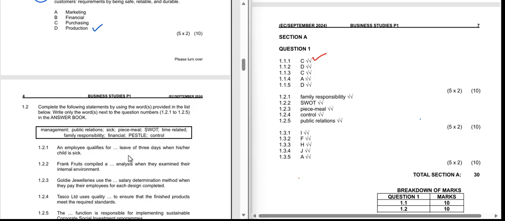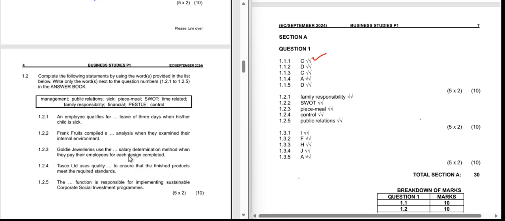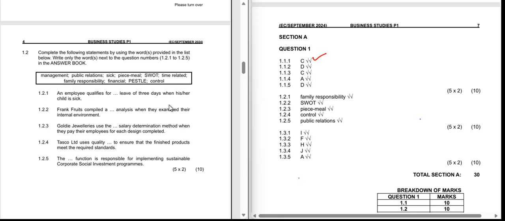And let's look at the next question, 1.2. This is the section where you have to fill the gaps. You are given a list of terms here, and you need to fill the gaps that you are given. I know we are familiar with this. The first one here says, an employee qualifies for dash leave of 3 days when his or her child is sick. So this is family responsibility leave, because